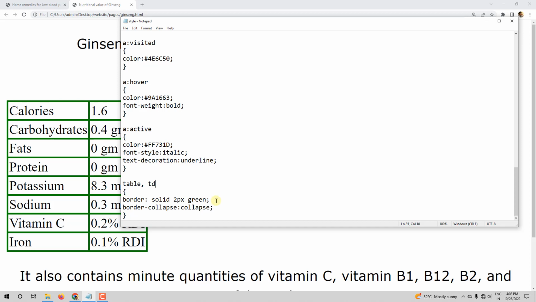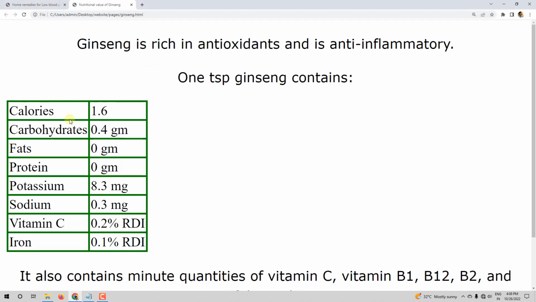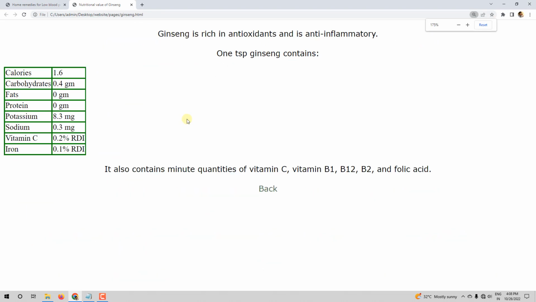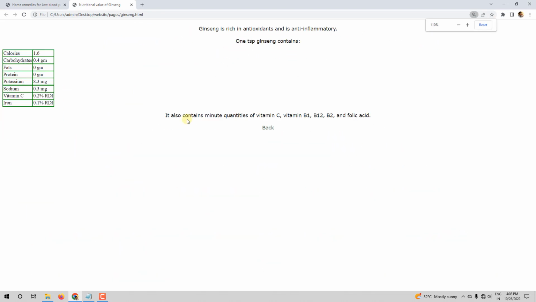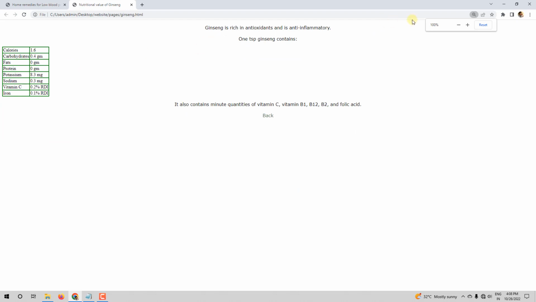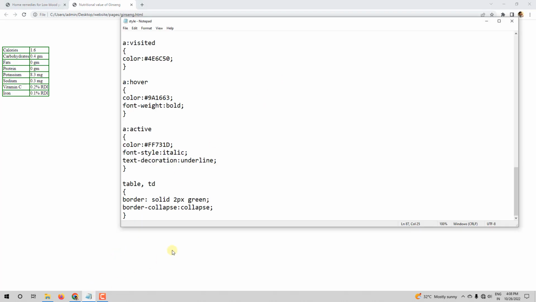All right. Next, let me zoom out to 100%. So this is the 100% initial value. I have my table at the left of the page, correct? I want it to be at the center of the page, and for that we need to use two more property values, and that is margin